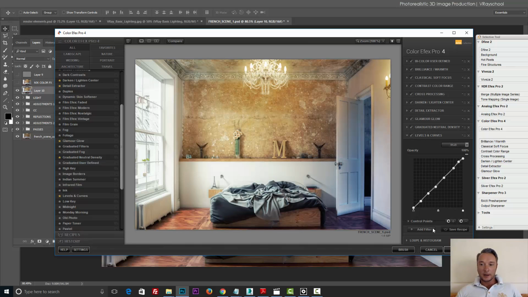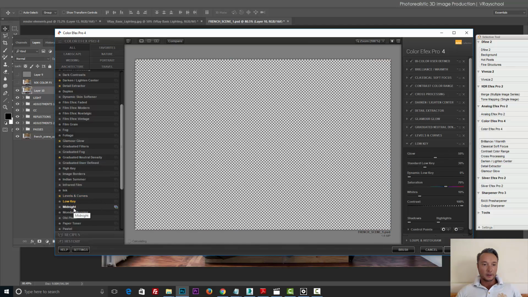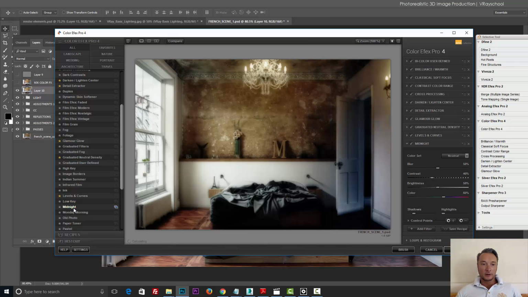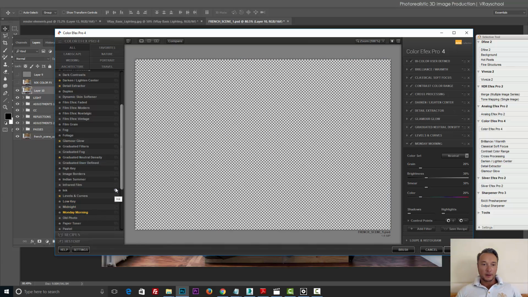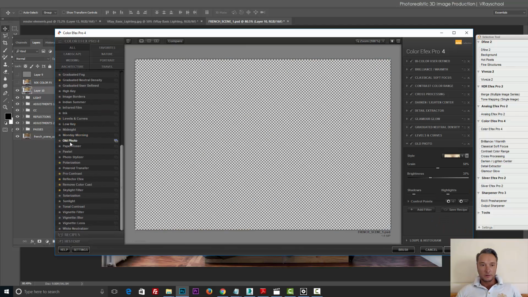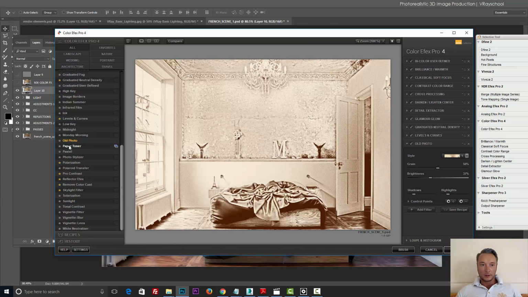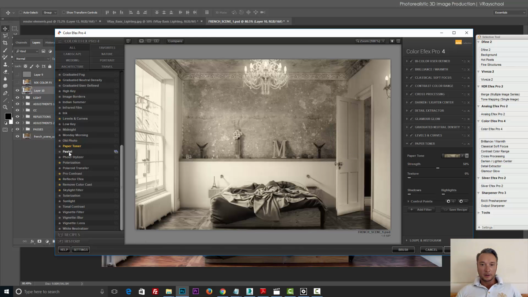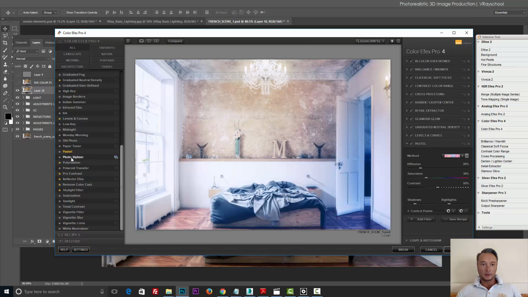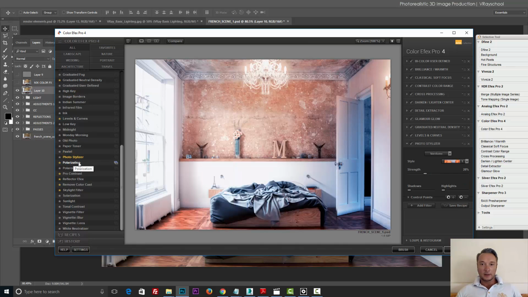Okay, add filter. And let's add the next one. Levels and curves, we did it. Low key, very dramatic look. Midnight, Monday morning, old photo. None of this stuff is beneficial. Pastel colors, photo stylizer,